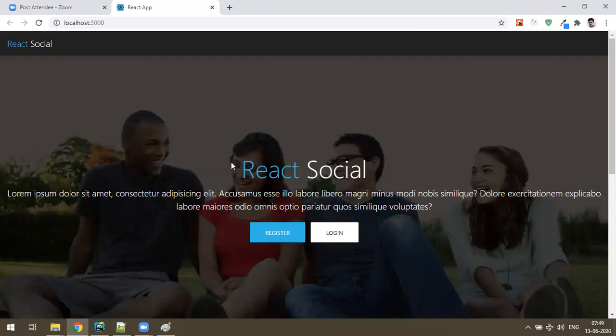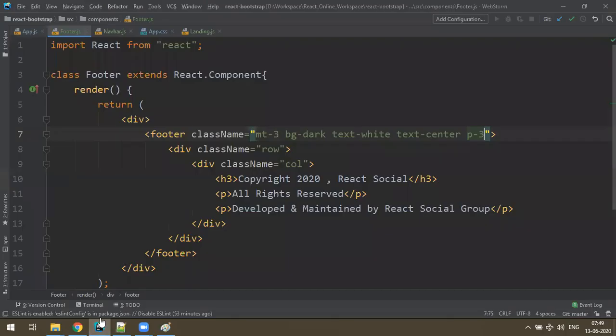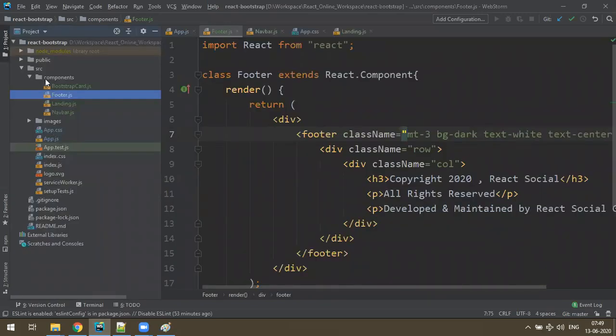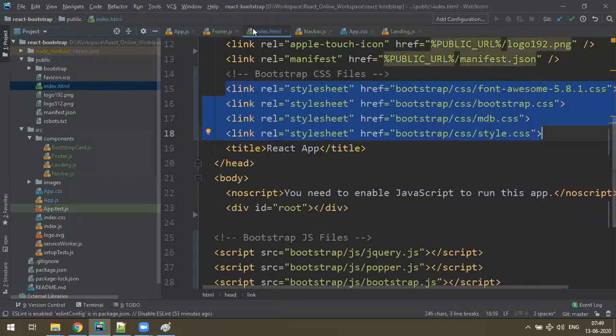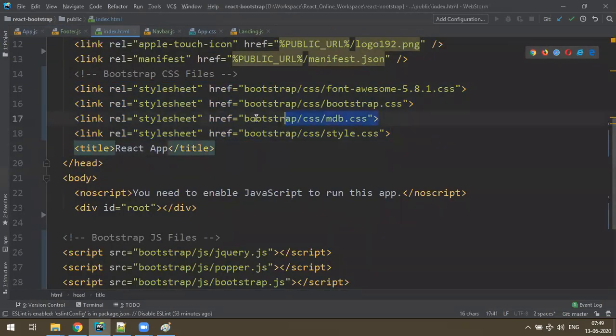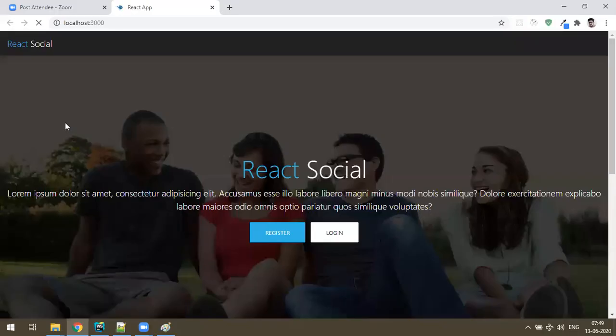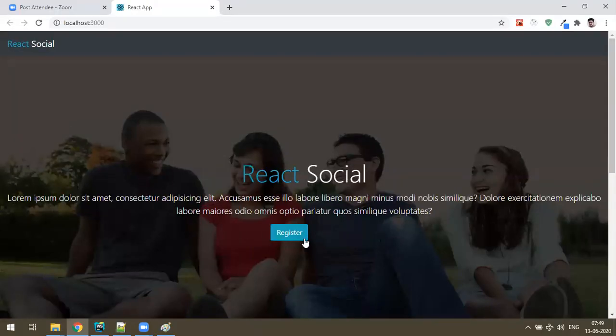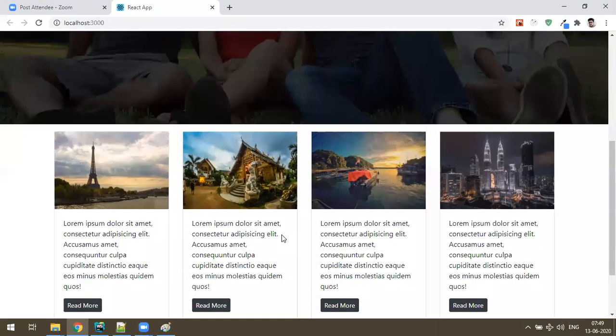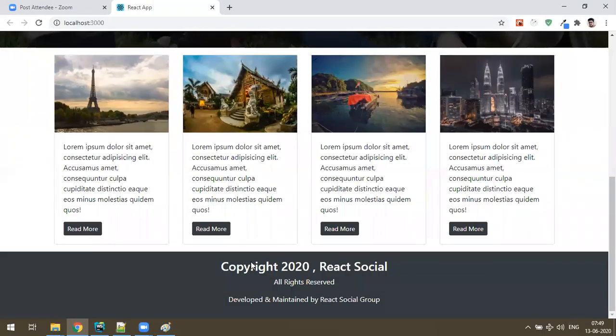Why I have made this example is I just wanted to tell you how to connect the bootstrap. If you have connected the bootstrap, our life becomes easy. You can just make some rich applications. And one last thing I want to tell you, in the index, why we have configured MD bootstrap instead of normal bootstrap is, see here, if you don't connect MDB, all the buttons will become very regular buttons, and cards also very basic.